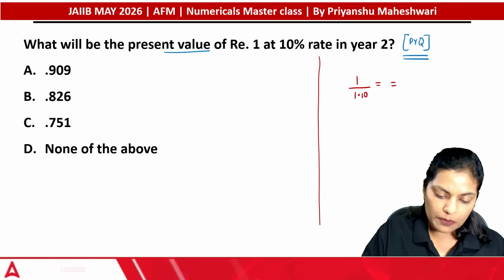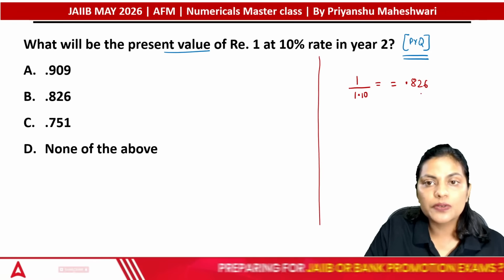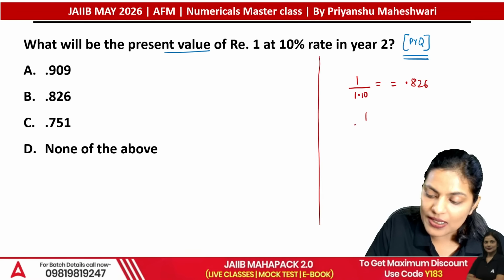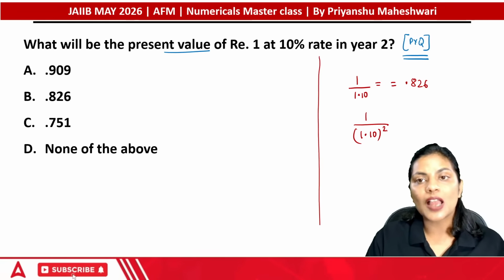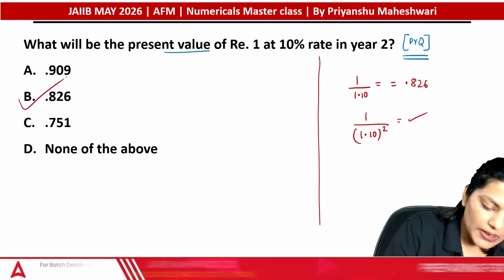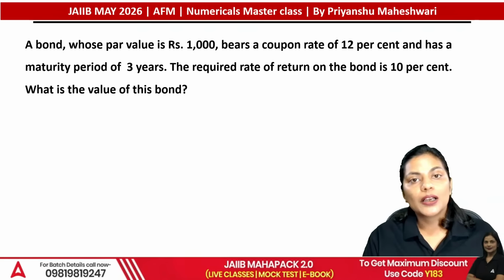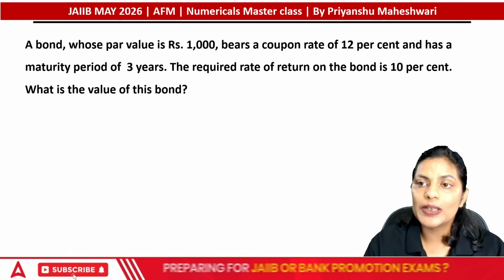One divided by 1.10. Answer will be 0.826. Correct? Because what are they asking? If it is 1 rupee and it is the discounting we are doing for the second year, equals to, will press 2 times. Correct? Then, a bond whose par value is ₹1,000 bears a coupon rate of 12% and has